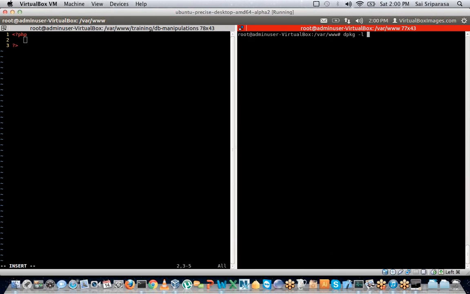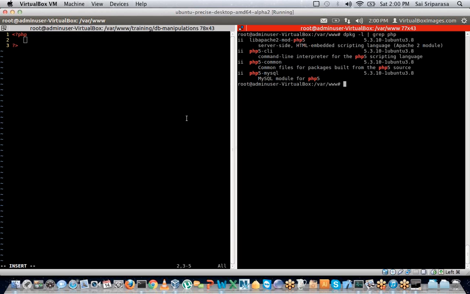So now let's clear this up, and let's grep for php in here. Yeah, so this is how we'll take a look at it. And here, if we see, we have four different packages that are installed for php5. And one of them is php5-mysql. And again, the reason that I am showing you this part is for you all to understand that